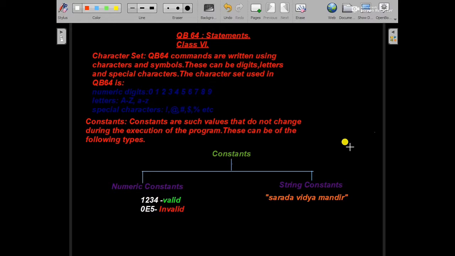Today I am going to teach you QB64 statements. Similar to ordinary languages such as English, French, Bengali, Hindi, etc., a programming language also has rules of syntax, grammar and spelling.